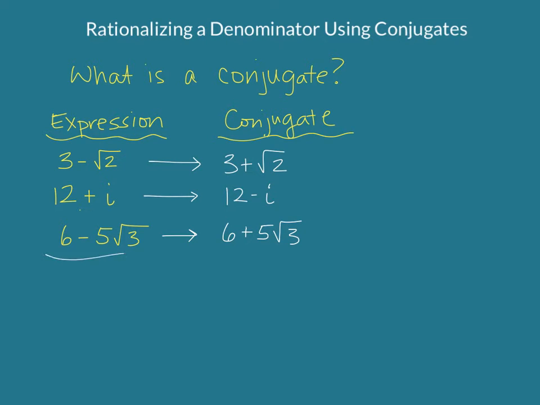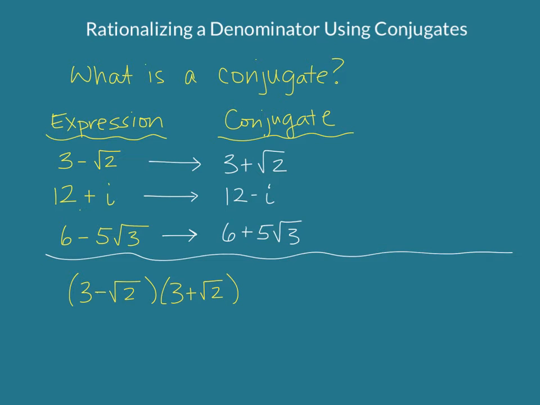Now, why is it important? Let's multiply this expression times its conjugate. So we will do 3 minus root 2 times its conjugate 3 plus root 2. Here's why it matters. We technically FOIL this, right? So we'll distribute the 3 through, and then we'll distribute the minus root 2 through. So we'll get 9 plus 3 root 2, distributing the 3. Then we'll distribute this minus root 2 through,